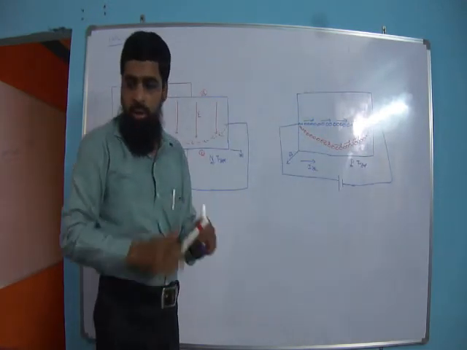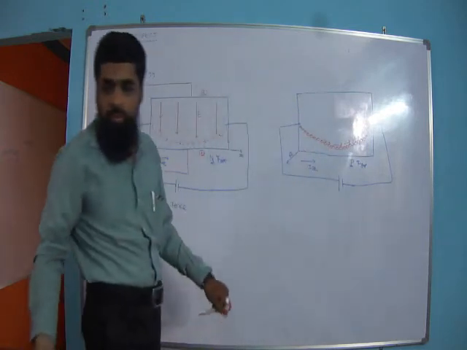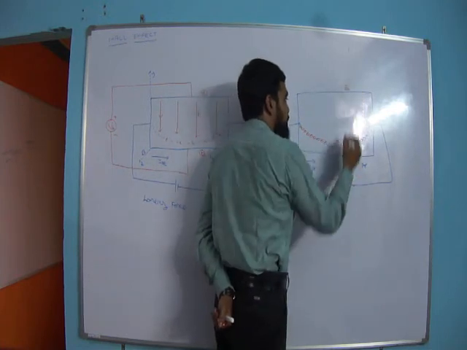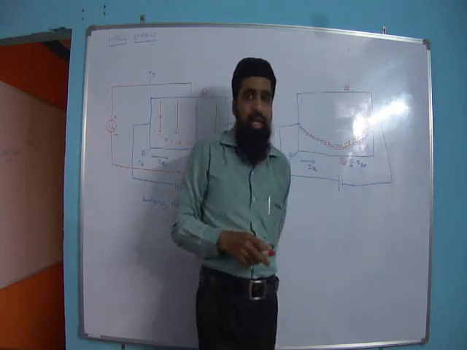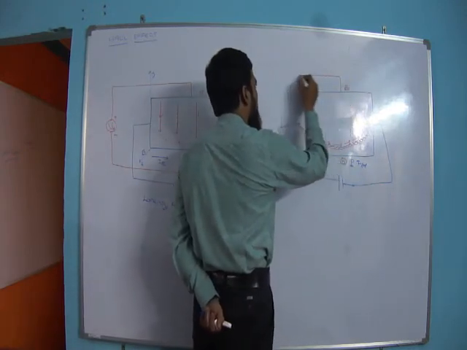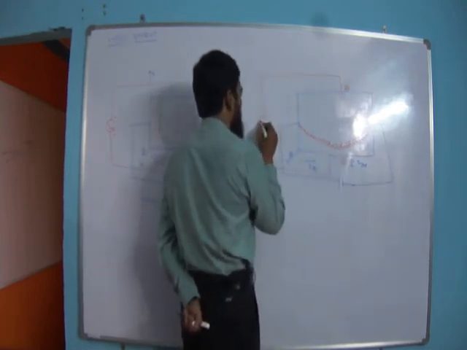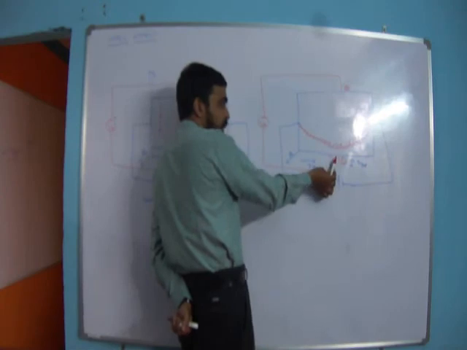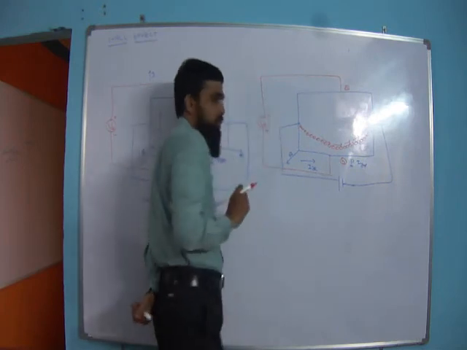Now this will be your new hole direction, and in this figure we can observe that surface B is having more holes compared to surface A. Surface B is more positive compared to surface A. Now if I measure the potential difference between surface A and surface B, a Hall voltage is generated between them, and as surface B is more positive compared to surface A, plus and minus.